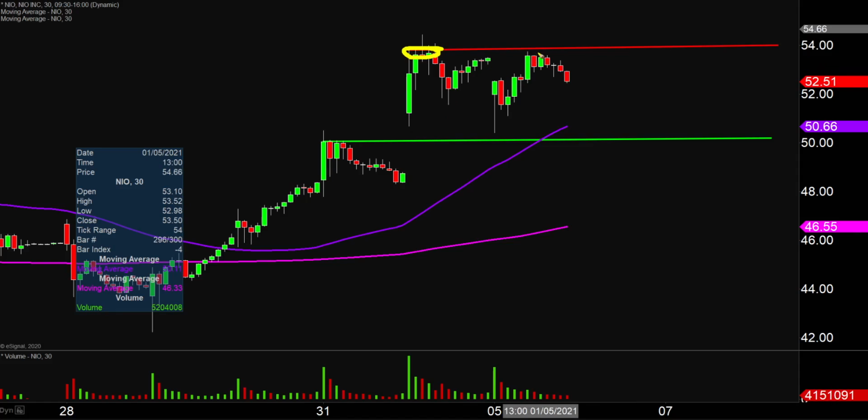And then you look at today, and right here, sure, it didn't hit at 54 exactly, but I think we can all agree that general area got within the general ballpark. So there's just going to be so many more eyeballs watching 54. I mean, in my opinion, there are already a ton of people watching 54, but now after today's price movement,